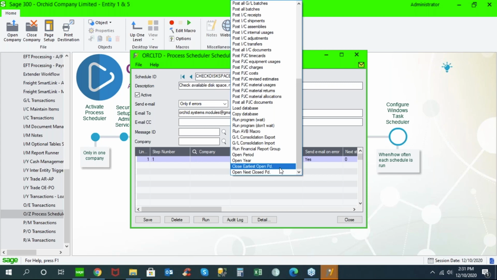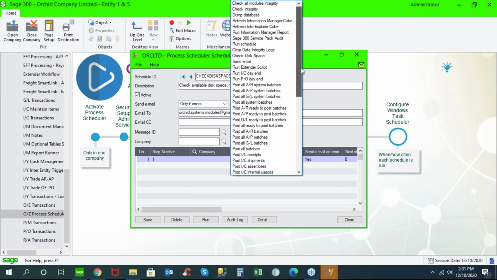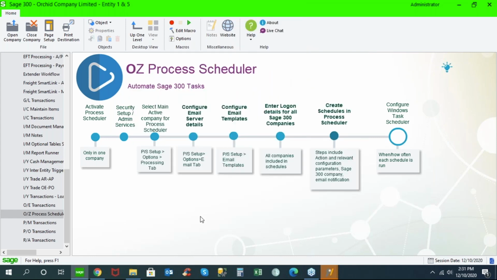Sometimes people forget to close old fiscal periods or forget to open new fiscal periods, and people start entering transactions, trying to post the batches, and they can't because the fiscal period is closed. If you use Process Scheduler, it would automatically be opening and closing fiscal periods for you to make sure people are not posting transactions in error to old periods that should have been closed off or into new periods when they're not open yet. So those are all processes that can be scheduled within Process Scheduler,